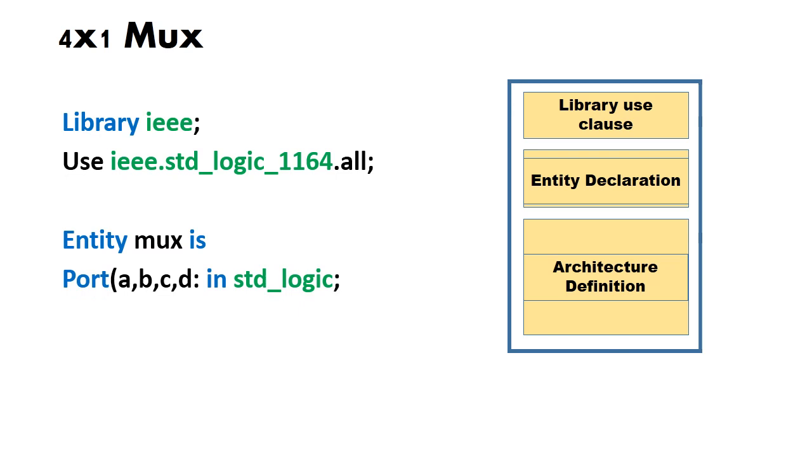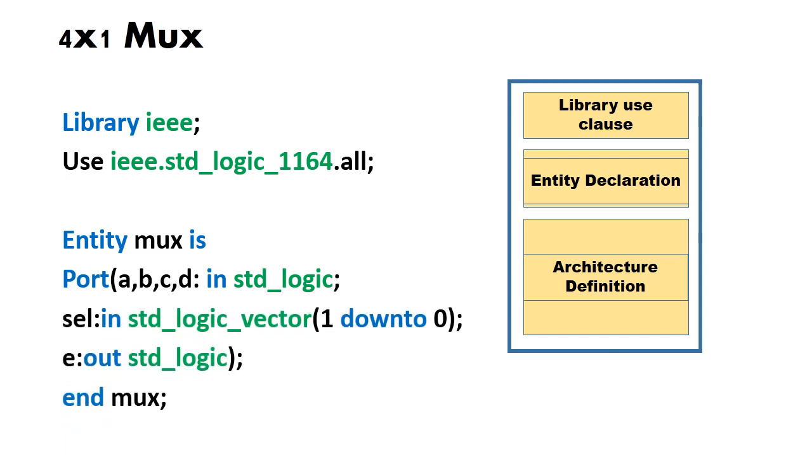The library is followed by the declarations part, in which the input and output can be declared. In this program, the entity part starts with the keyword entity and then the entity name. Here we have used the entity name mux, which is followed by is. Then various inputs and outputs are declared. Here in this program, we have 4 inputs with the standard logic: A, B, C, D. These 4 inputs are a single bit, so we have used std_logic.